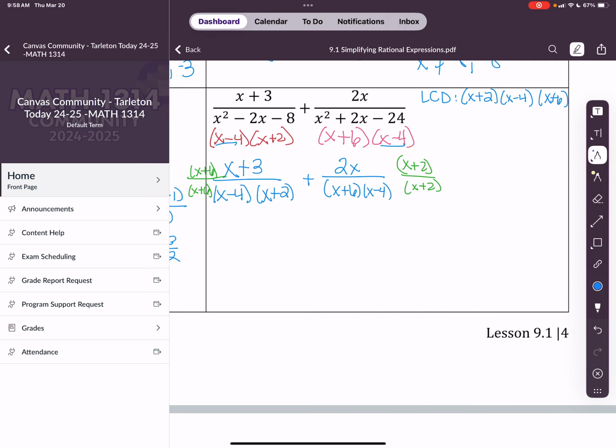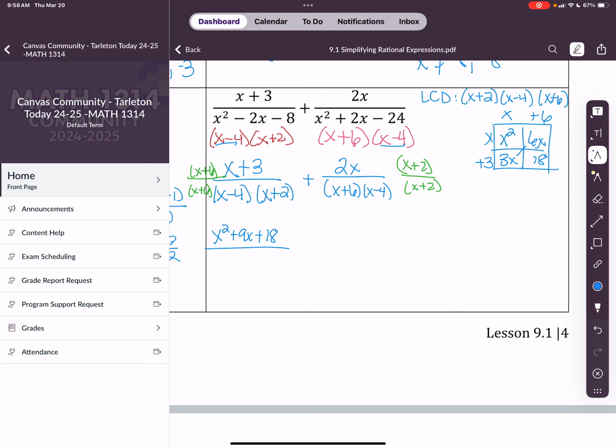So then when I FOIL, I'll do it over here in case anybody needs it. We have x plus 6 times x plus 3. So we get x squared, 6x, 3x, and 18. So my numerator of my first fraction is going to be x squared plus 9x plus 18